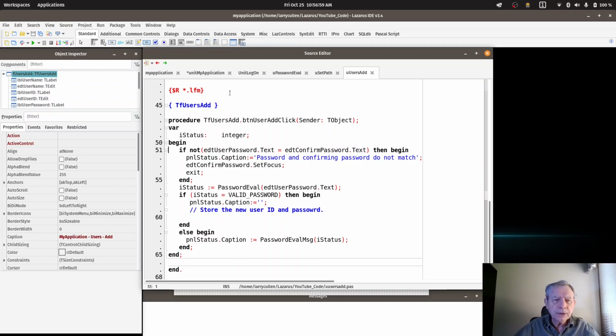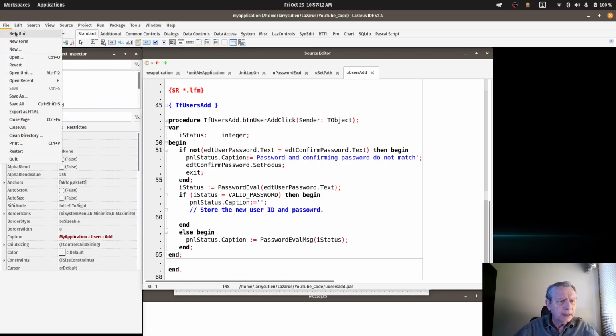And the way we're going to do that is we're going to create a new file, and it's going to be an include file. So we go over here in our toolbar and we click File, and there is a selection here called New with ellipses behind it. We'll click that,